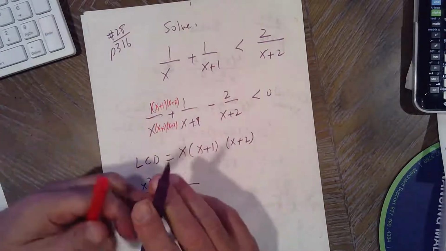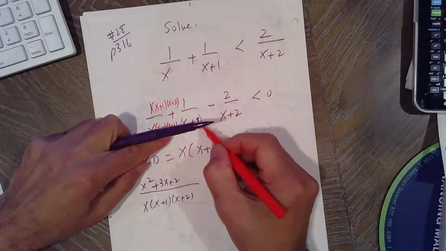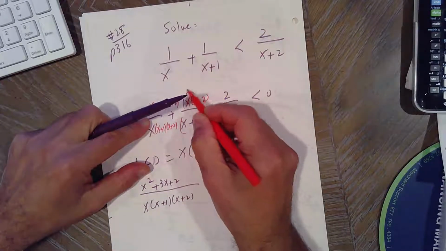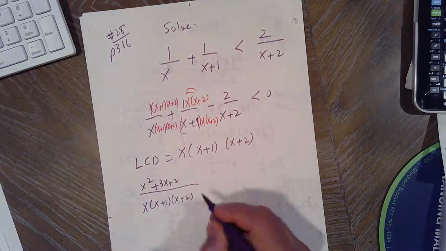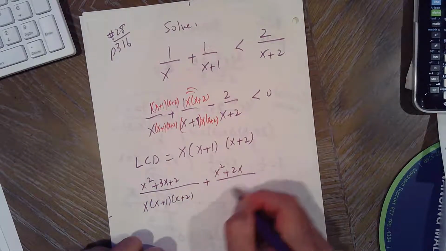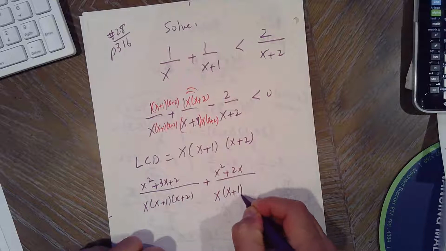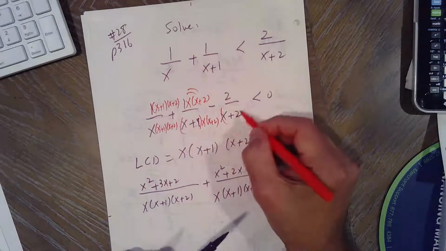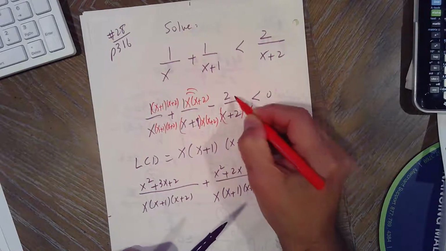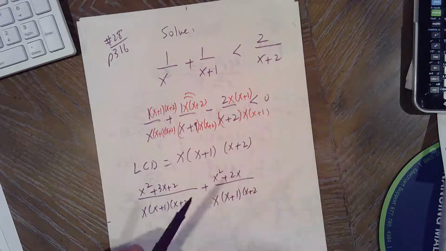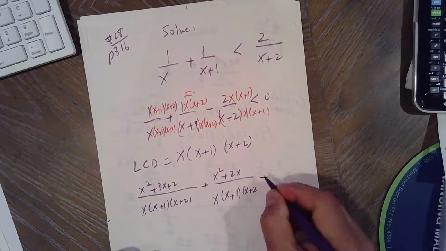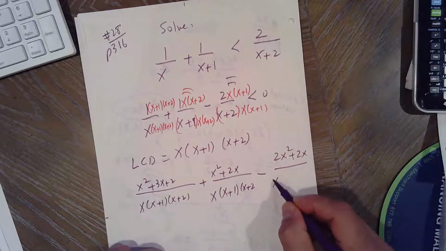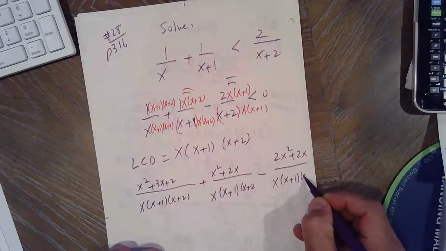Right, I foiled that. Now the second fraction is missing x and x plus 2. So x plus 2, if you distribute, it's going to be plus x squared plus 2x over the LCD. I just switched the order. And then the last one is missing x plus 1, x plus 1. So it's minus, distribute, 2x squared plus 2x over x plus 1, x plus 2, and this has to